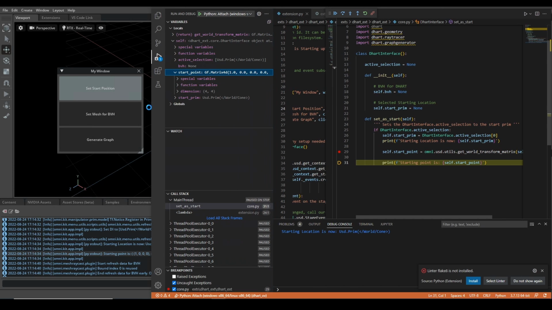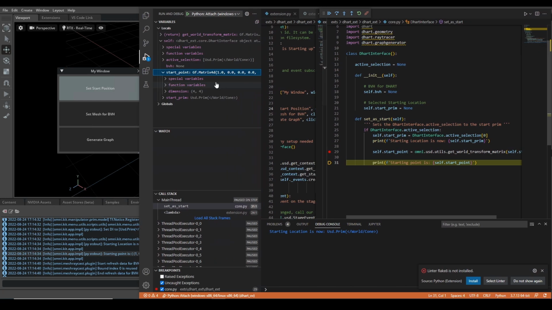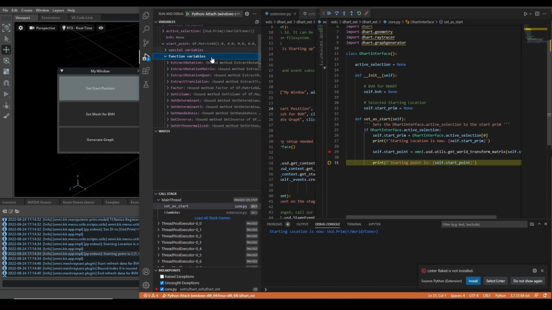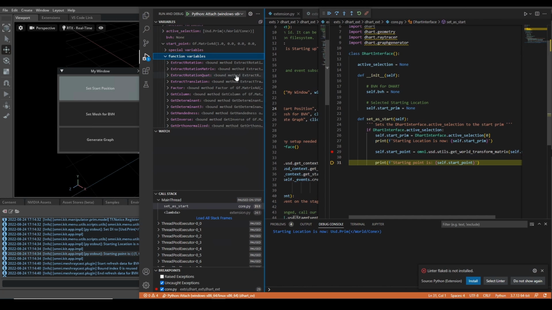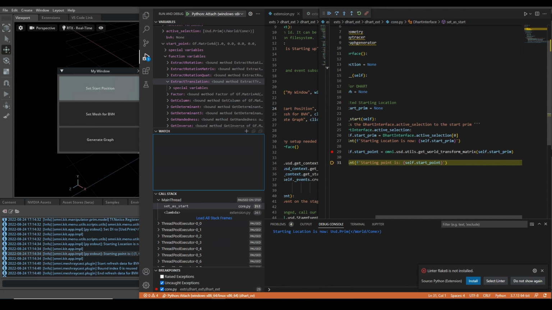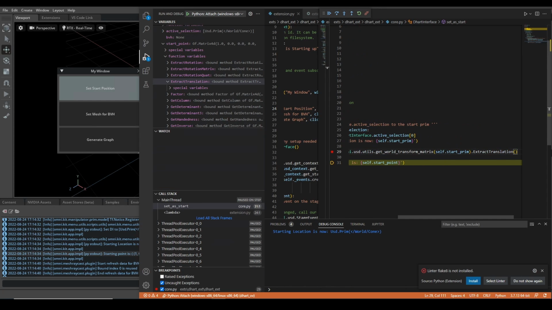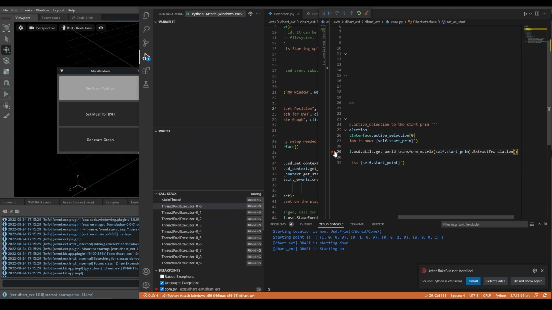You could look up the docs, but one of the easier ways to do this is actually open up function variables, and in the function variables it tells you what options there are, and that's where I found the extract translation. So I just kind of assumed this one's going to work because it is the translation that I want. So if we put that back there and continue,